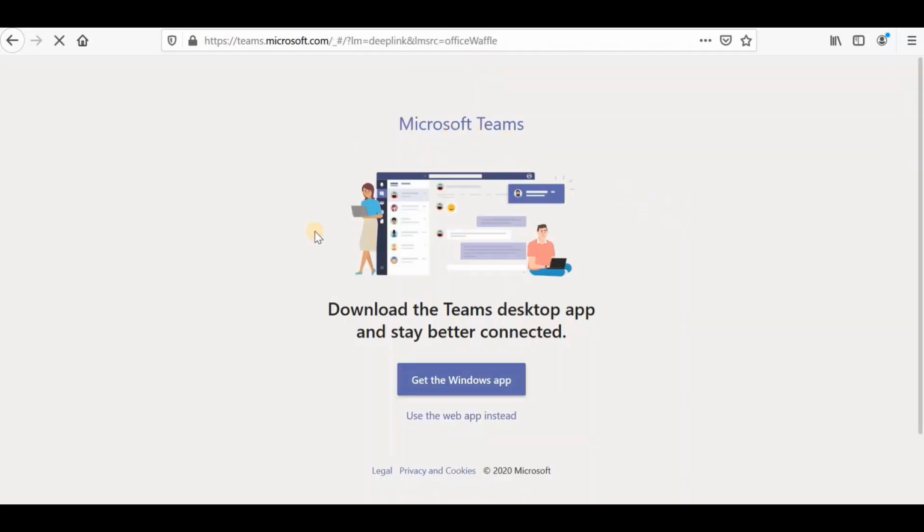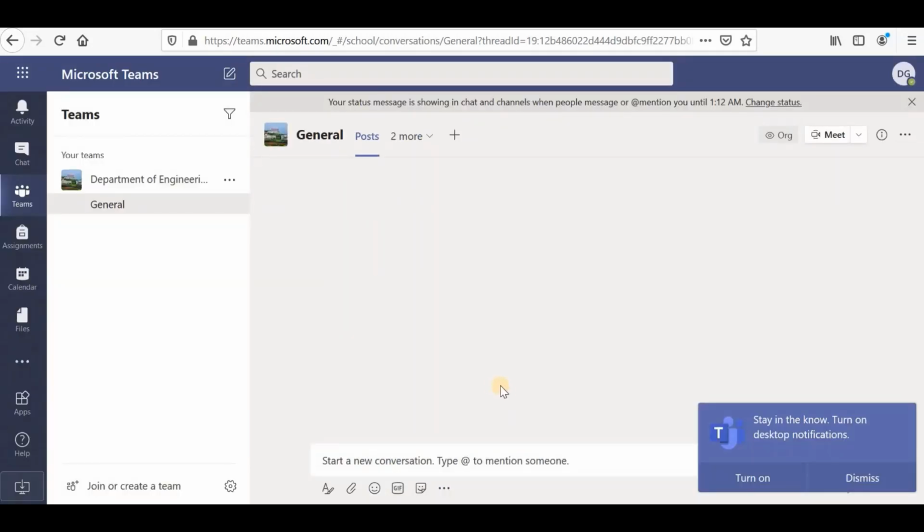Then you will be diverted to this window, and here it will ask whether you want to go for the web application or the desktop application. Let us start with the web application, and later on I will show how you can download the desktop application.